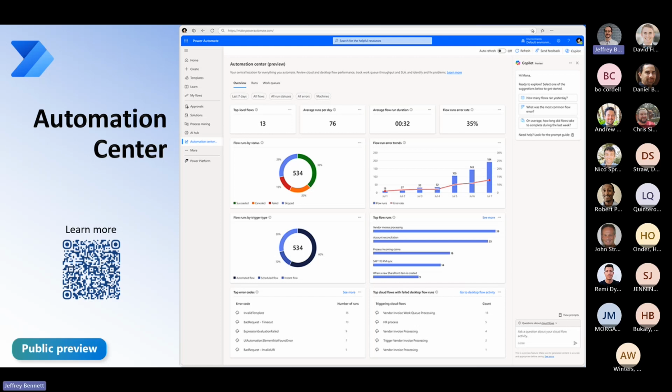You can use Copilot in Power Automate to ask questions regarding the health of your automations, work queues, and to explain features of Power Automate itself. There's a new recommendation area that provides users with actionable insights and best practice recommendations. And there's also a dedicated work queue monitoring area that allows users to closely track SLA attainment, average processing time, and work queue throughput.